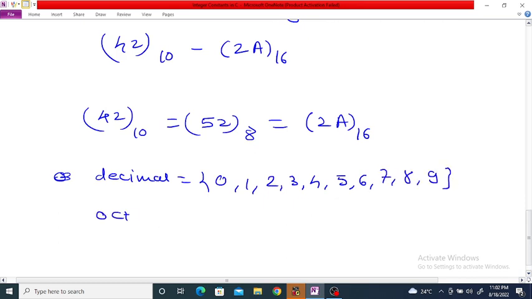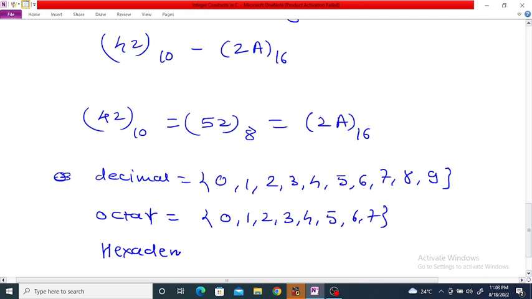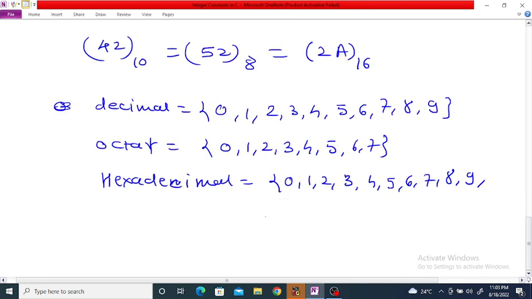Octal uses 0 1 2 3 4 5 6 7, and hexadecimal uses 0 1 2 3 4 5 6 7 8 and 9, and for the next six digits we use capital A B C D E F and A B C D E F. Okay,